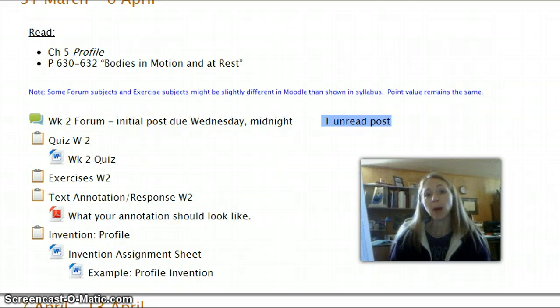So for example, in Bodies in Motion and at Rest, the writer profiles a funeral director and how he goes about his business. Now most of us would look at that and say, well, that's a job most people don't have. Few people are qualified or talented enough to do that. We have our own ideas about how those funeral services must work. But Bodies in Motion and at Rest brings a larger issue to us. So as you read, look for that larger issue.